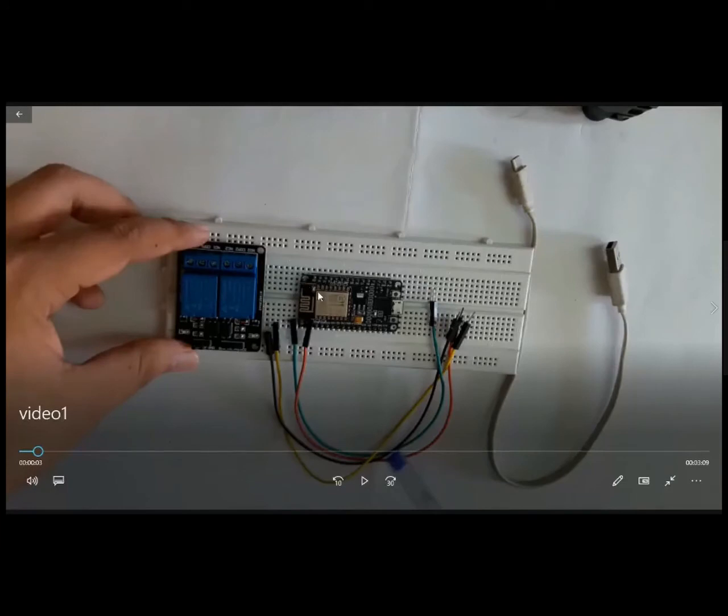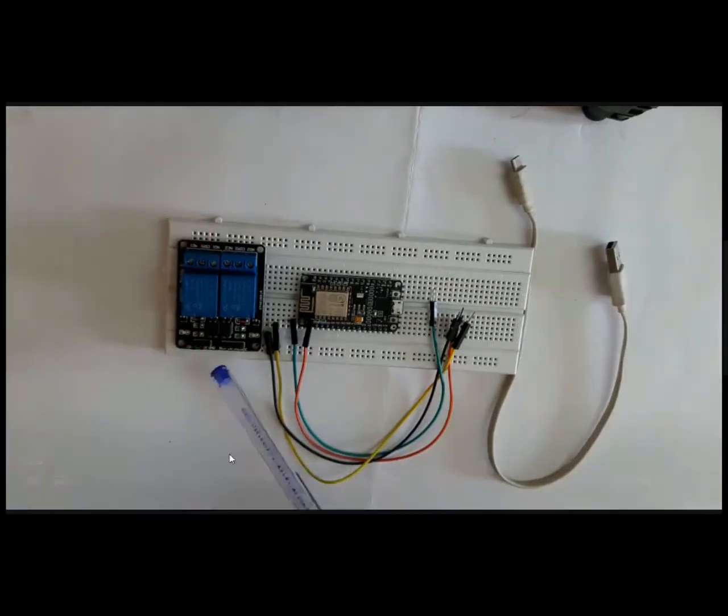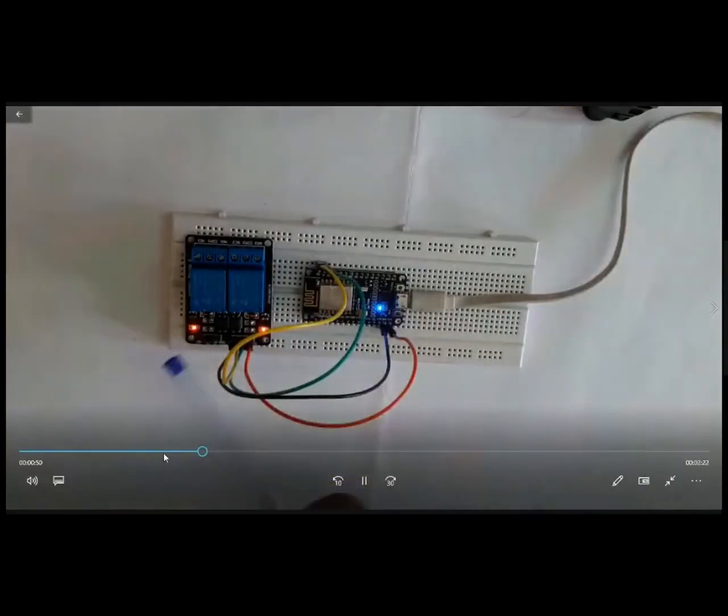You can directly connect to this because it has male pins here. Here you have the male pins, and here also you have the male pins. So in that case, you have to use a female to female header. But now here we are using the breadboard, hence we are using the female to male wire. Okay, jumper wire.